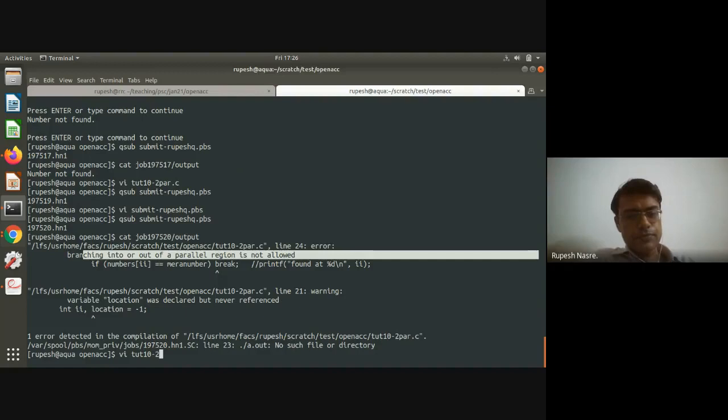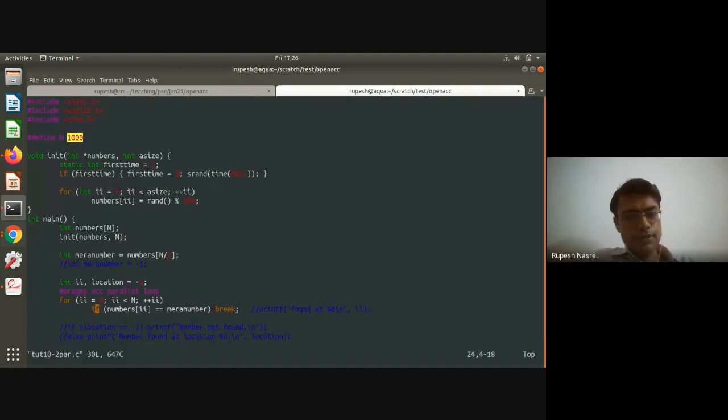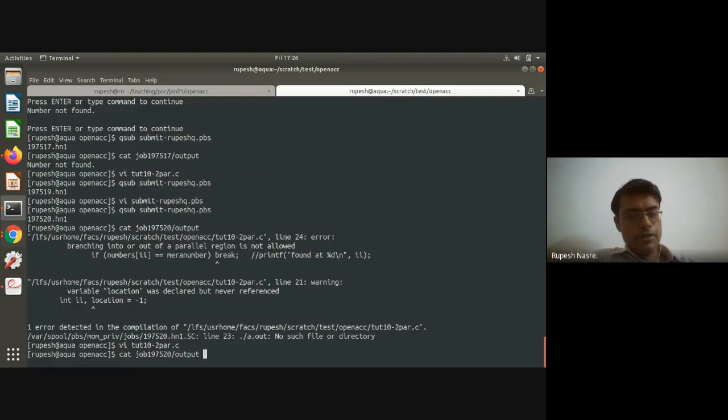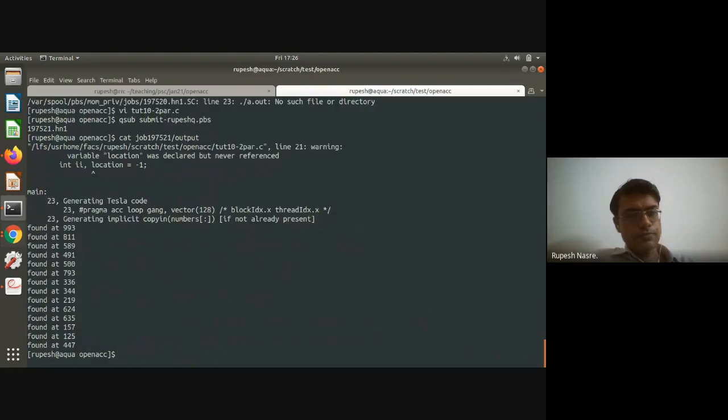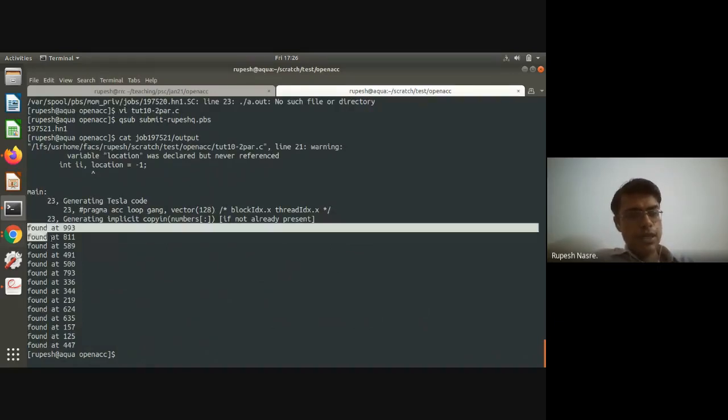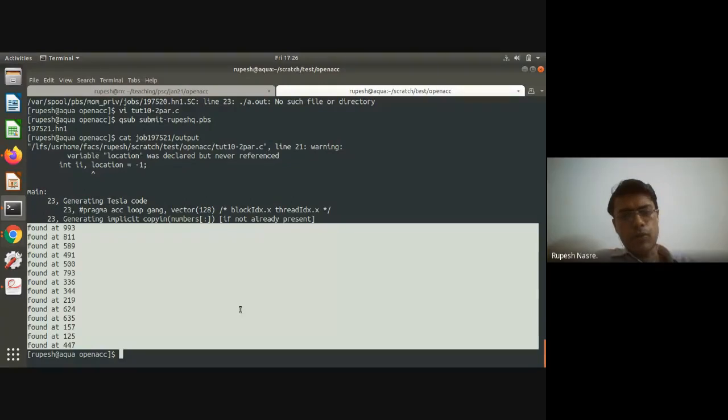Okay, fine. So let me fix that. What I'm currently doing is just printing it directly there as soon as I find it, because this is all happening in parallel. So I cannot really break out in between. So let's see. Does that find it? Currently Mera number is numbers of n by 2, and so it is definitely present inside the array. 21. Yeah, and as you can see, the output has changed suddenly. It's giving multiple outputs. Why is that?